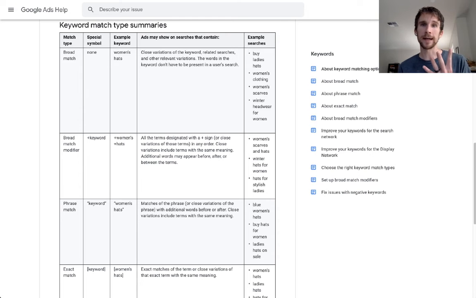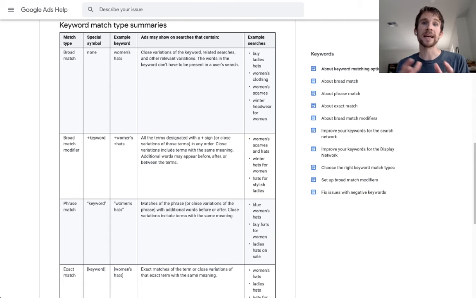And there's 4 different kinds of match types. You can set each individual keyword within your campaigns to be set up as a certain match type. I'll just go through them real quick. There's broad match, there's the broad match modified match type, there's the phrase match, and then there's the exact match. And I've got Google's official documentation pulled up here to demonstrate this. So, for example,